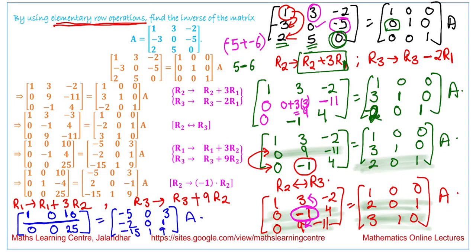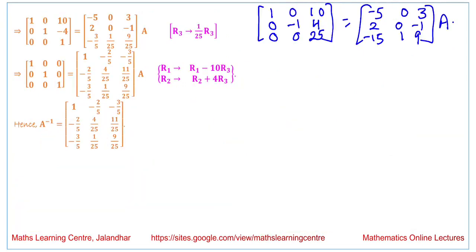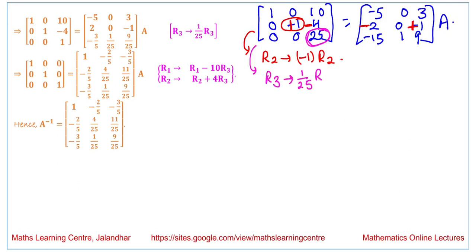So I am writing these matrices again. So we have obtained this matrix. Now look at this element over here, it is minus 1. So to convert this we are applying the operation row 2 approaches minus 1 times row 2. So this element will become positive, this is negative, negative and positive. We will obtain the answer in this form. Now the next step we have to do is change this value 25 to 1. So we are applying the operation row 3 approaches 1 by 25 times row 3.